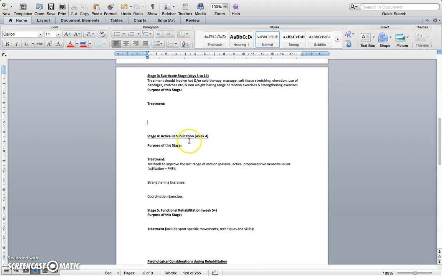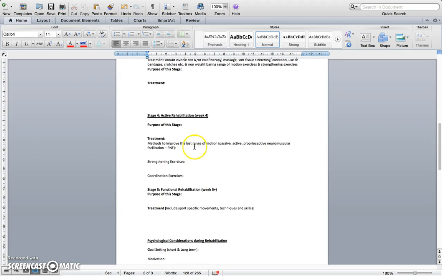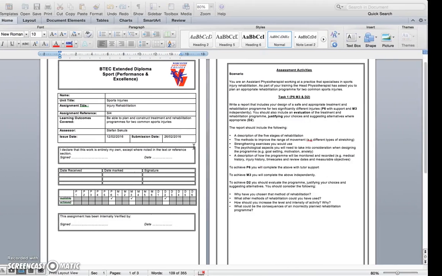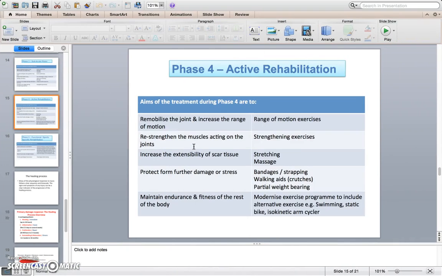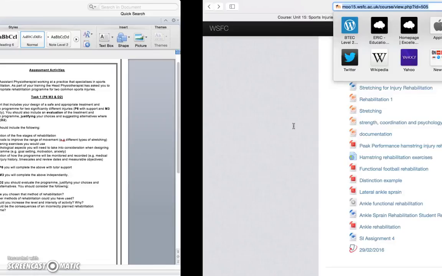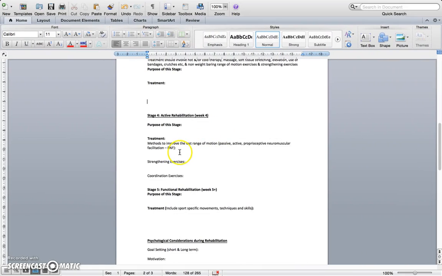Stage 4, active rehabilitation, week 4, purpose of this stage. Again, go to your PowerPoint, phase 4, there are all your purposes there. That is how you're going to achieve each one of these. Talk about why it's important, and then again, as you can see here, we've got range of motion exercises. So again, you bullet point here,